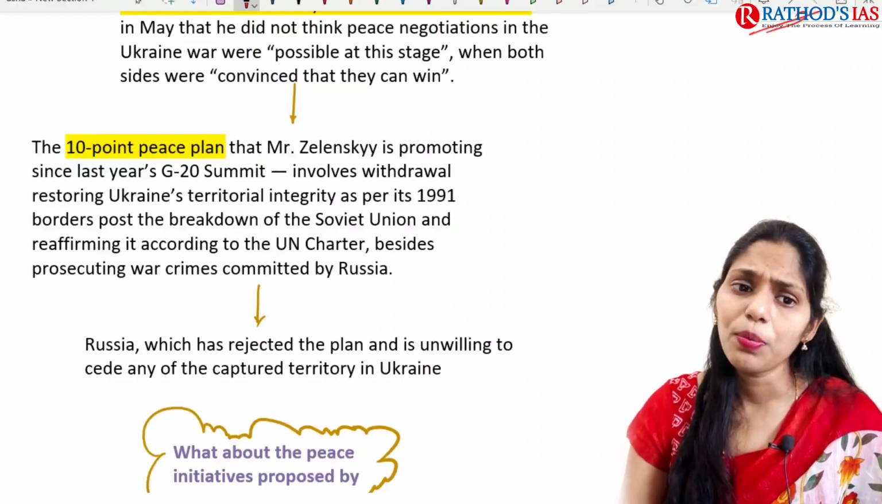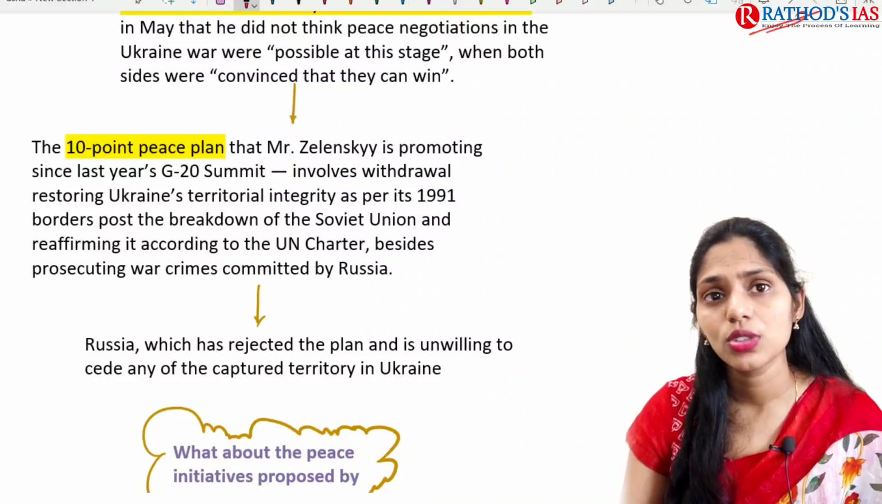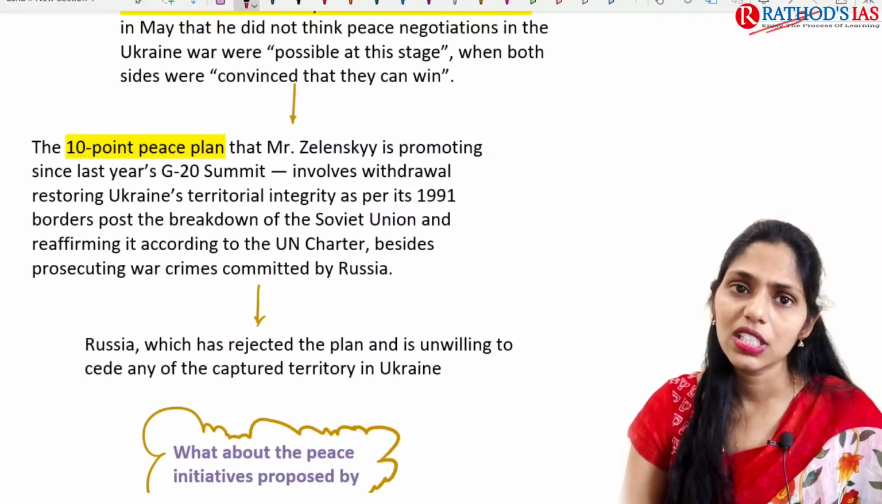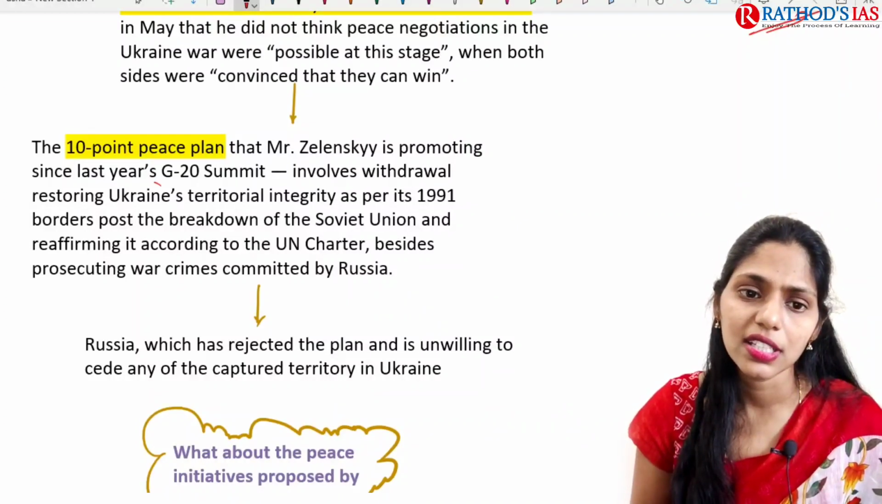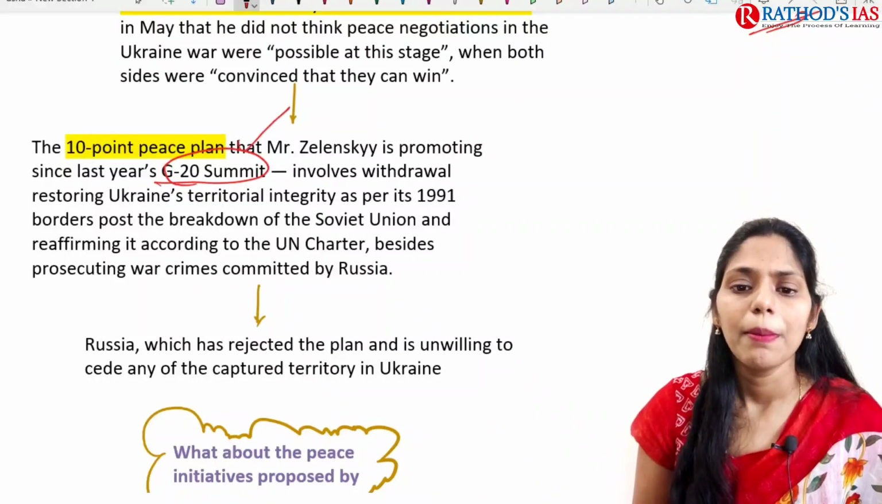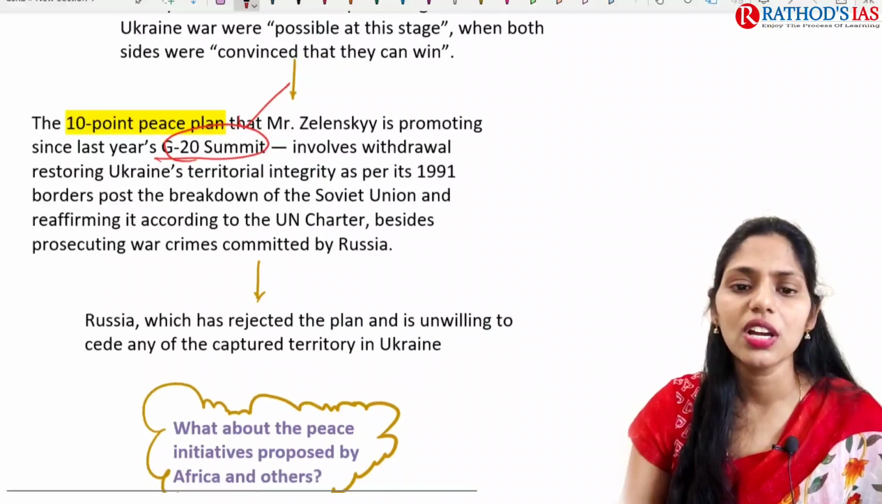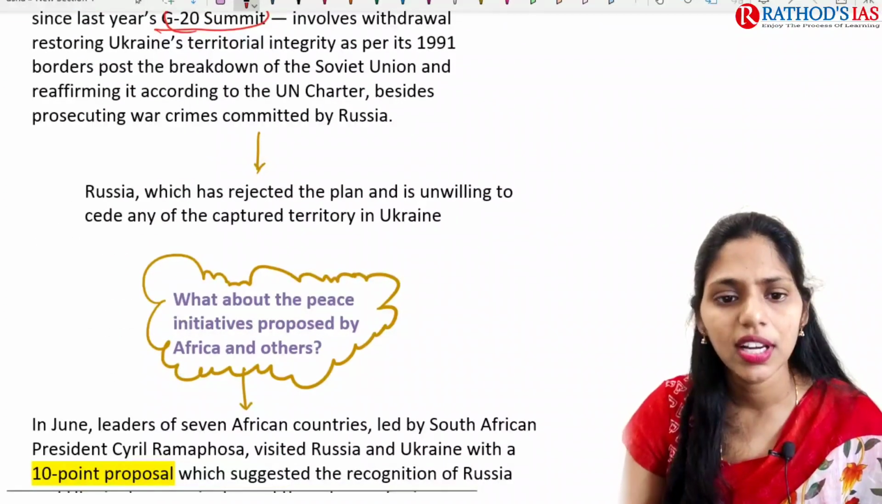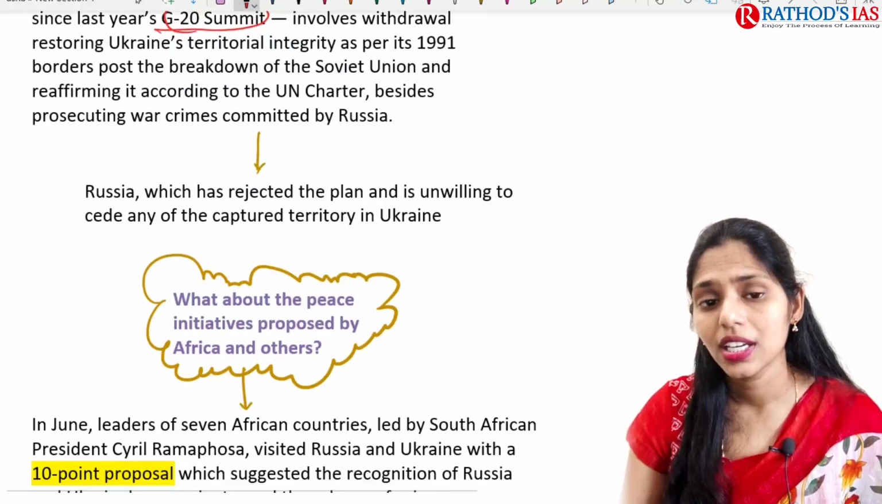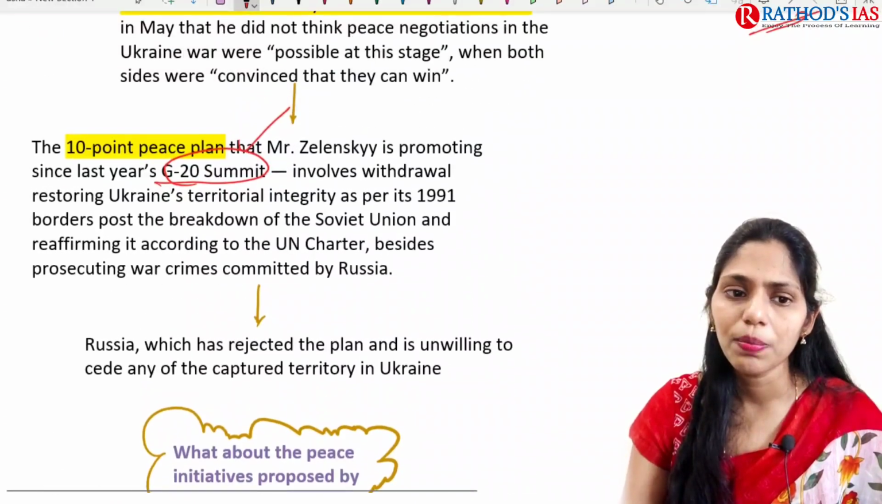Actually, the 10-point peace plan already came up with the Ukraine president, and he has been promoting it since last year's G20 summit onwards. But what happened? This was not accepted by Russia. Russia rejected this plan, and Russia is unwilling to cede the captured territory, because in this 10-point peace